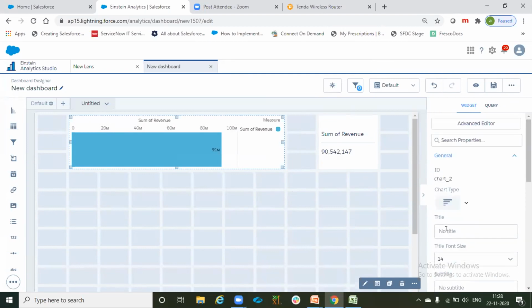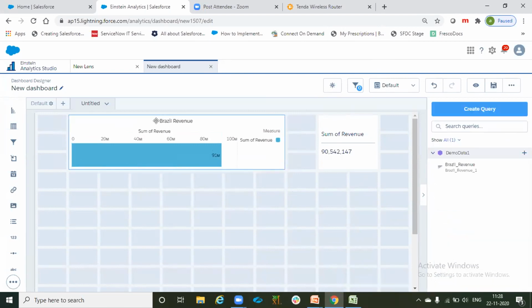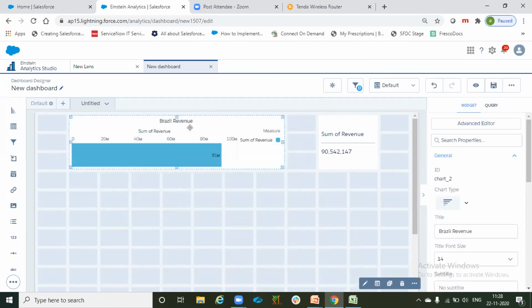So let's say we do have a title here. In the title we are showing Brazil revenue, right? So now it is very clear to everyone. Once I put a label on this chart, Brazil revenue, it is easy to understand and it is labeled now.